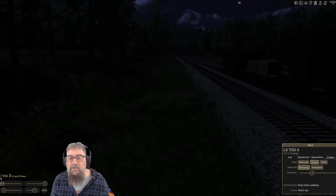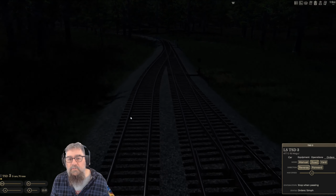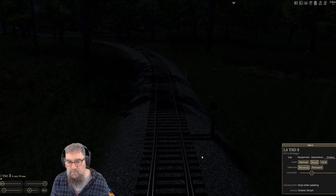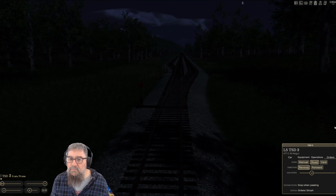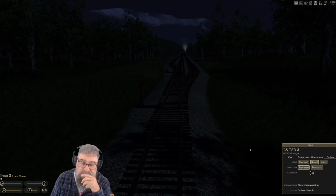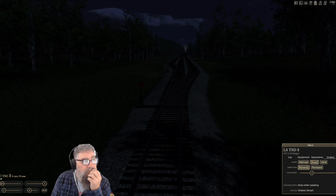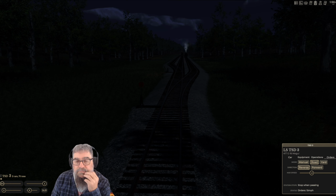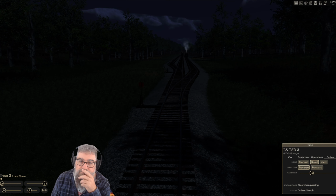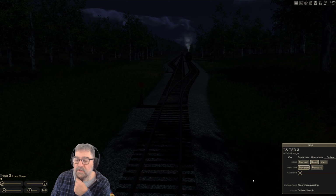And we'll just take her back up the other end of the interchange. And I kind of think I'll just leave her out here in the middle of nowhere for 5 hours. What could possibly go wrong doing that? I reckon she'd be pretty safe to leave there for the